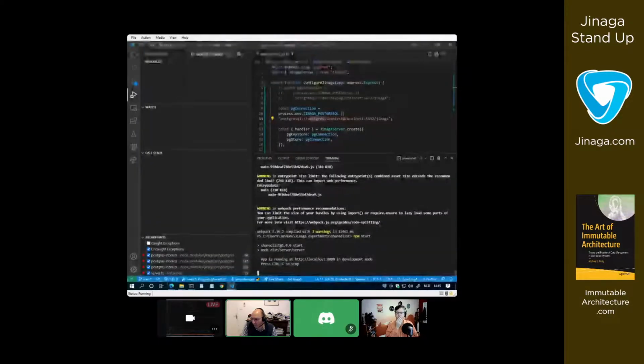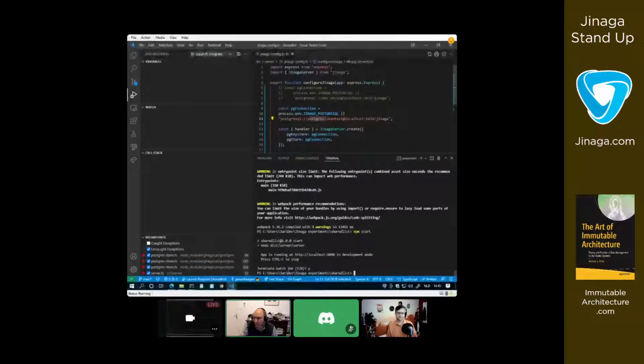Now, wait, let me make this one. If we stop the application, I go back to my configure Jinaga. I don't use my super user, but I use my dev user. Okay. So I think the thing to look at is how you upgraded this database. I'm imagining this was a version 2 database, and then you upgraded it to version 3 to start testing with Jinaga 3. Or are you still using Jinaga 2?